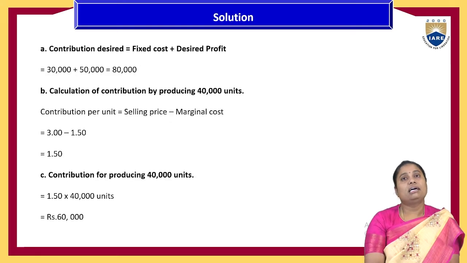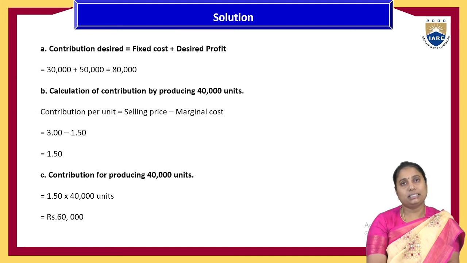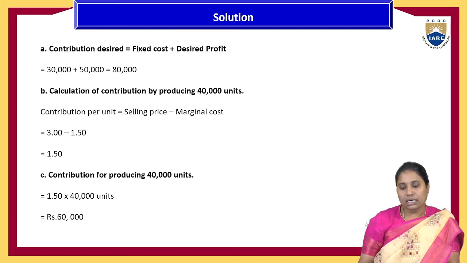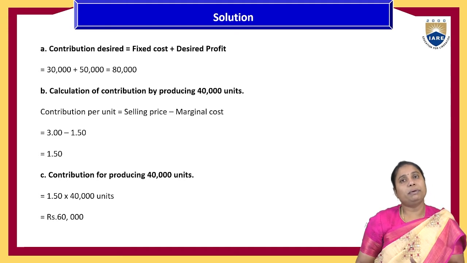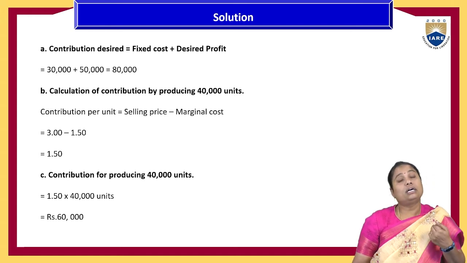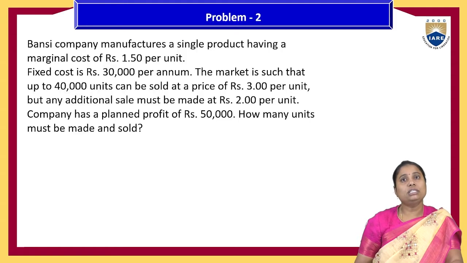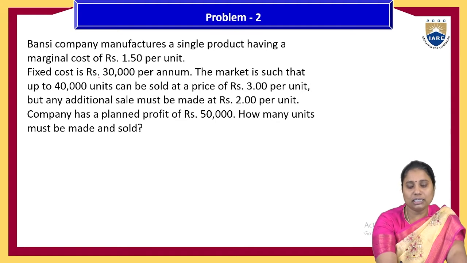The first thing is the contribution desired. How much contribution we desire means fixed cost plus desired profits. Contribution always depends on sales. If sales were given, we could calculate it directly, since contribution is sales minus variable cost, but that is not given. But the contribution they are expecting should cover both the fixed cost plus the profits. So in this given data, fixed cost is 30,000 rupees,